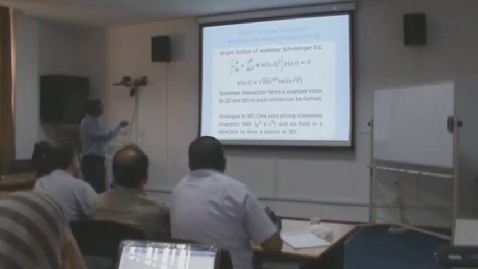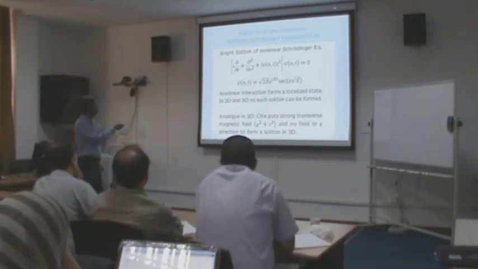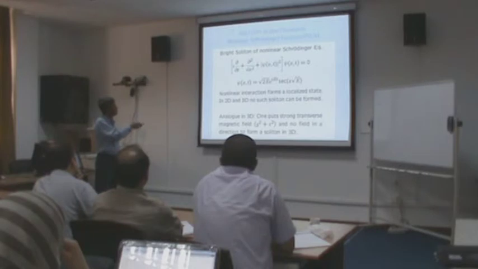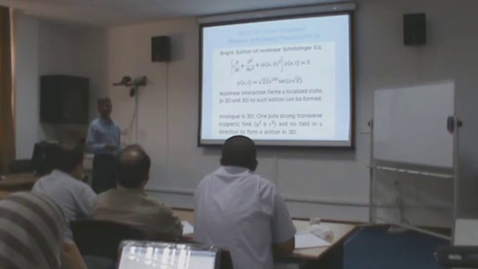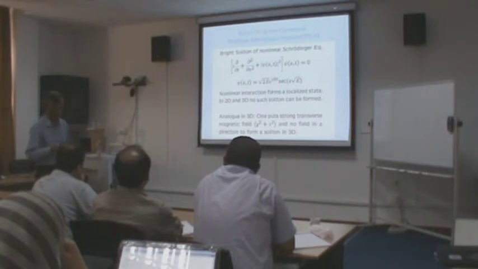So this is the mathematical definition of a soliton. This is one simple equation. This is not the real Gross-Pitaevskii equation, but a fake Gross-Pitaevskii equation in one dimension. And this is the solution. The solution is absolutely stable, and this is the bright soliton of the one-dimensional Gross-Pitaevskii equation.